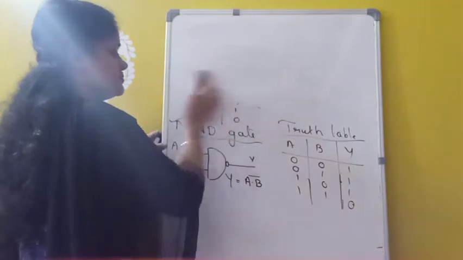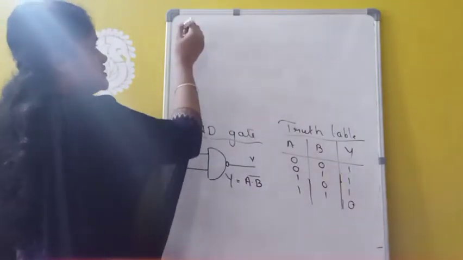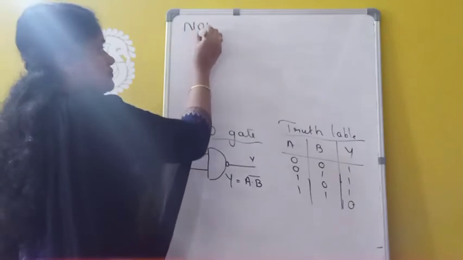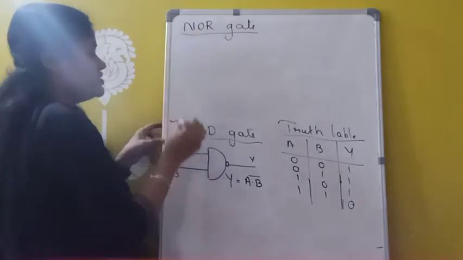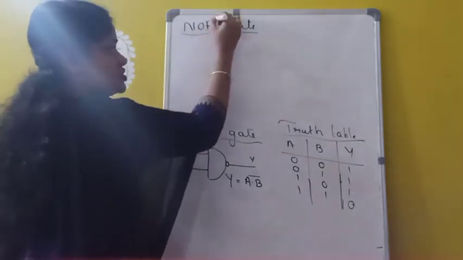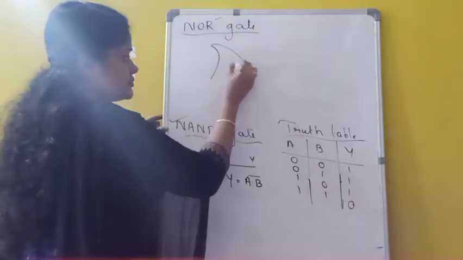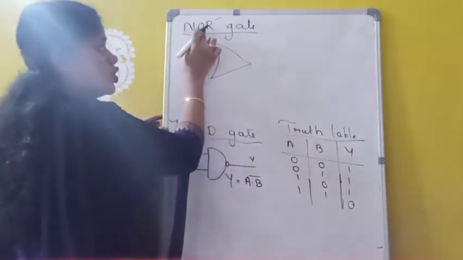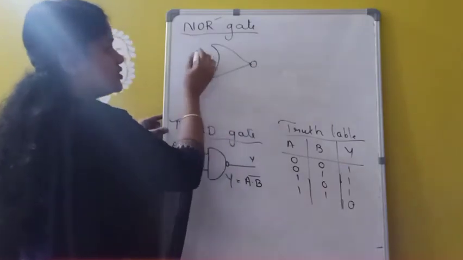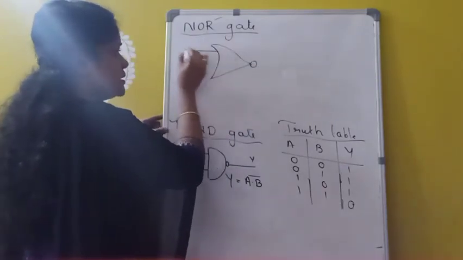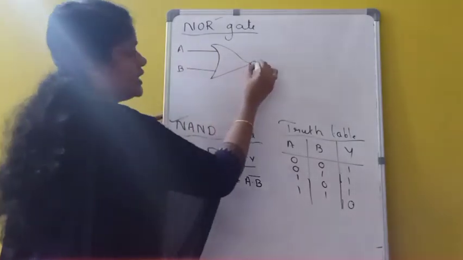Similarly, I am taking another gate. The first universal gate is the NAND gate. Next comes the NOR gate. The NOR gate is another universal gate. And for the symbol, first of all you draw the symbol for the OR gate. This is OR plus NOT. So I can put a note here. OR plus NOT gives the NOR gate. So we have two inputs here, A, B are the two inputs, and we will be getting the